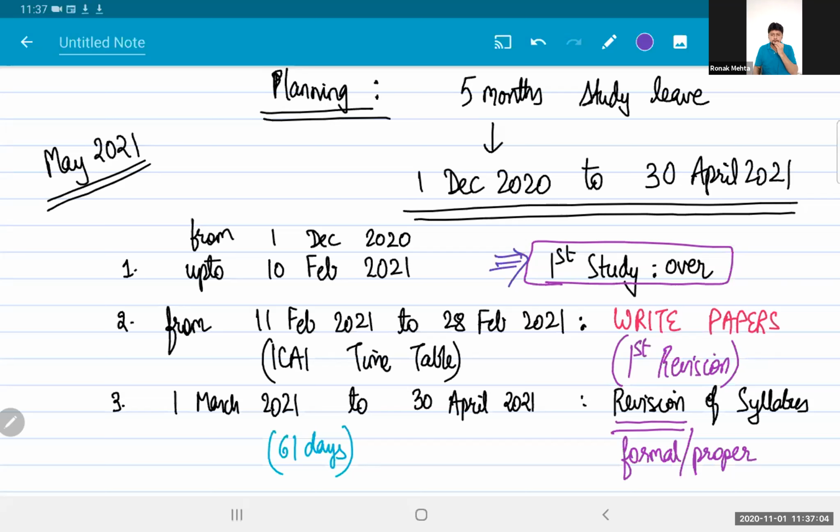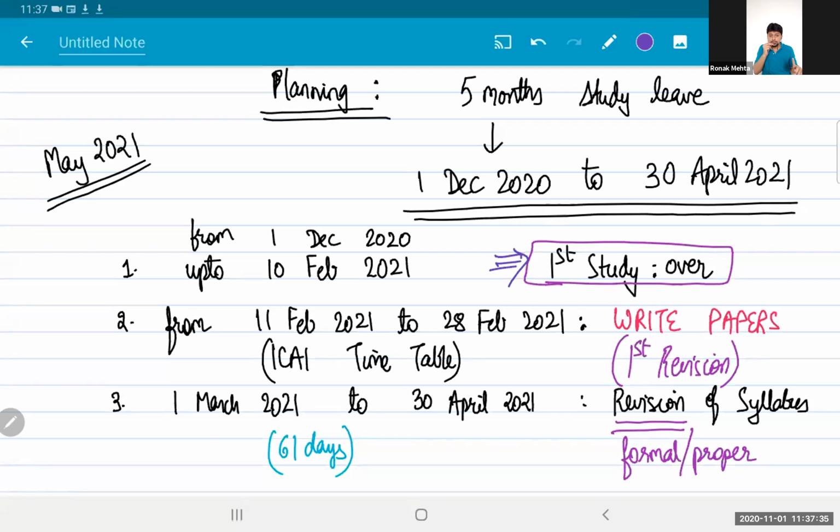How much of this you're able to achieve, to be very honest, I don't know. Work pressures, you may not get enough time to study naturally. Due dates keep getting extended, so work pressure keeps getting extended. These are factors beyond our control. We can only plan. But the intent is that if your study leave is beginning from 15th of December and you are done with one subject, then from 15th December, when you're full-fledged into study leave, you just have to plan for 7 subjects.